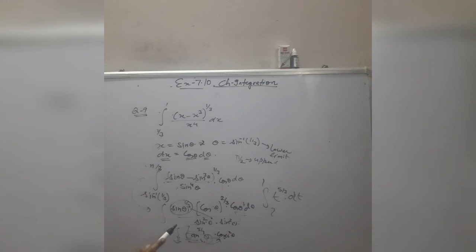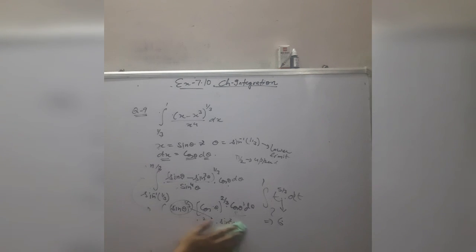But in the last step again we will use the substitution method here. If you put tangent theta is equal to t, now the function is changed in t variable, so the limits also will be changed according to t. So when you simplify it, at the end you will get the answer. The answer will be 6 in this case. When you simplify it, very easily you can integrate it. So the answer is 6. You will complete it.